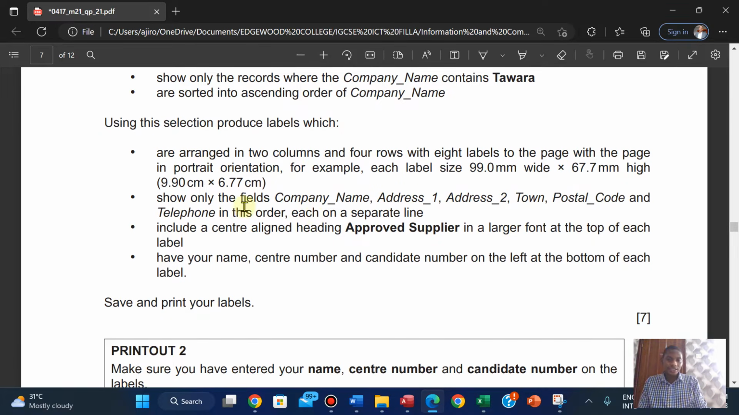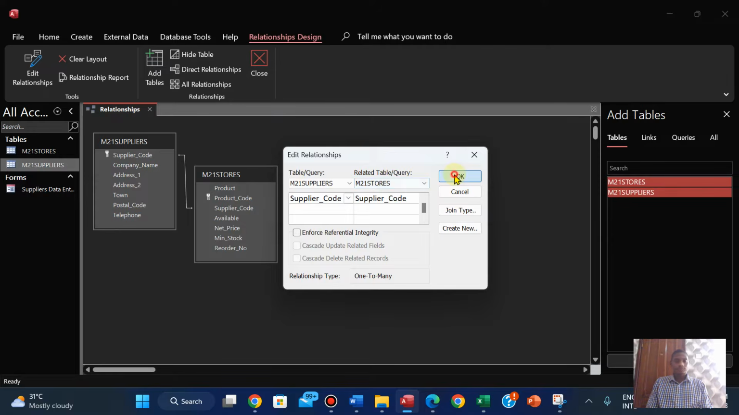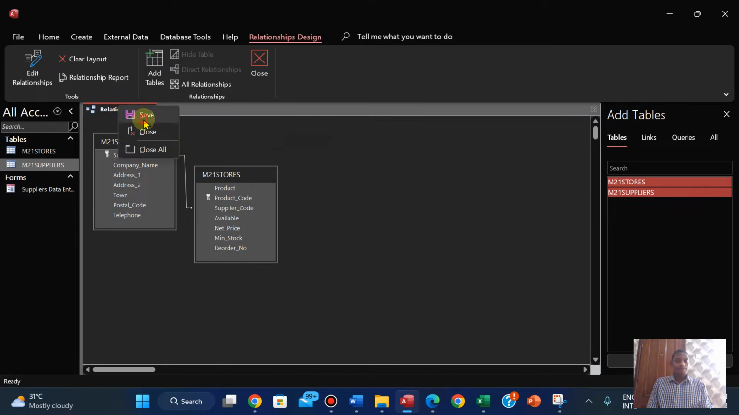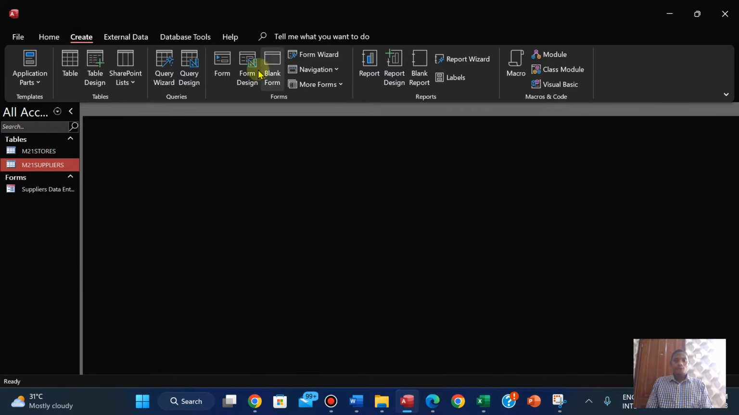So we're going to show only these fields. Okay. So obviously, each on a separate line. Let's save this. Now, obviously, for you to be able to create your labels,